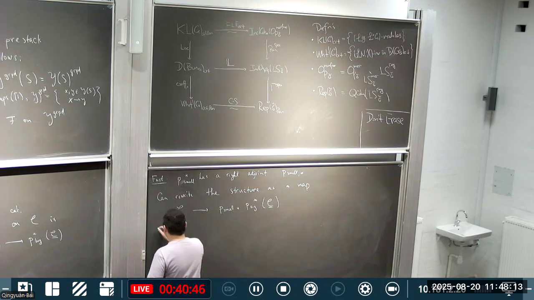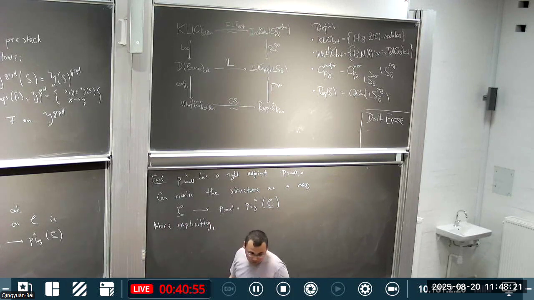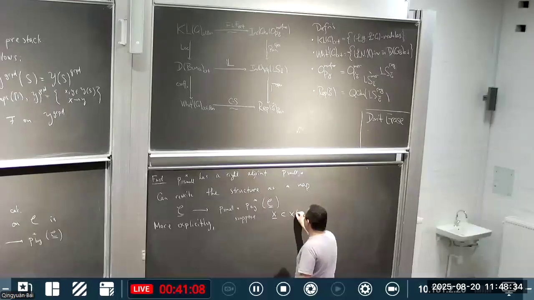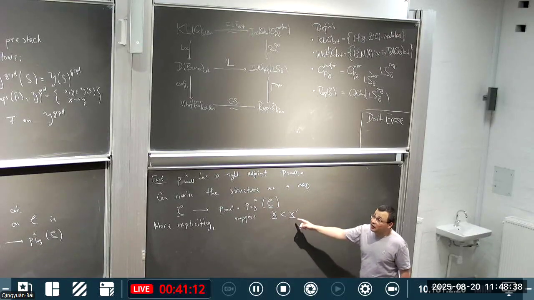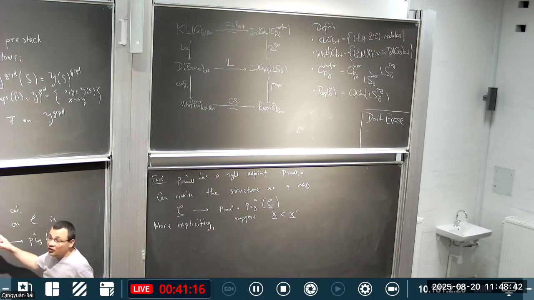Let's see. So more explicitly, we'll do this. Suppose I'm going to suppress S from the notation. So suppose I have an inclusion of two generalized points. I think of this as an S point, either as an S point on this, or